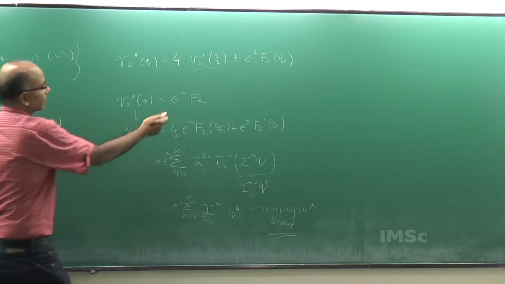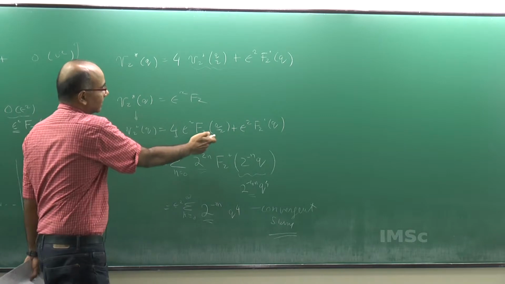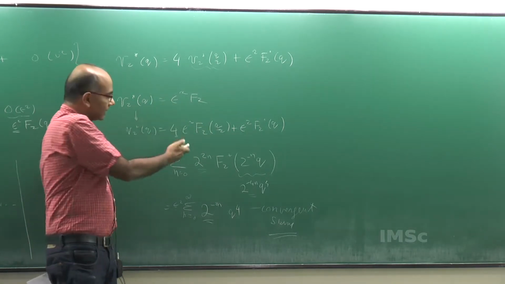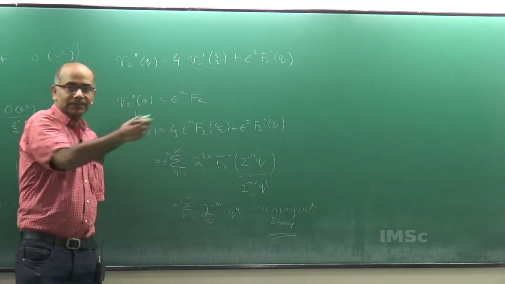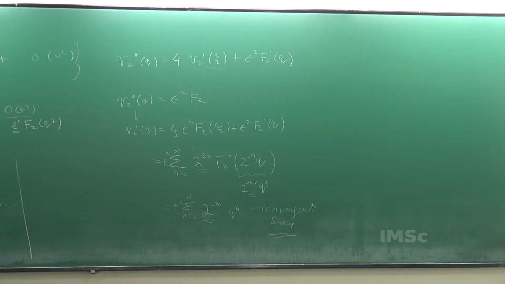Because of this, the nature of the perturbation, the fact that it starts off as q fourth, the fact that you get 1/4 every time, it's getting smaller and smaller and smaller, this sum converges. So this iteration you can consistently do and get a finite answer. So that means this procedure of assuming it's epsilon squared small correction,